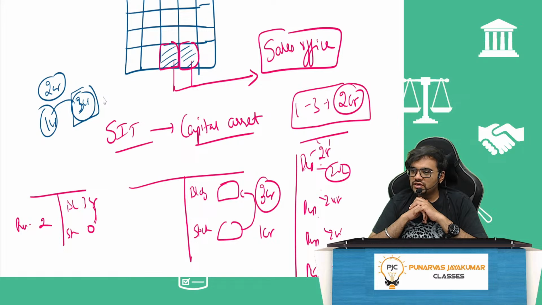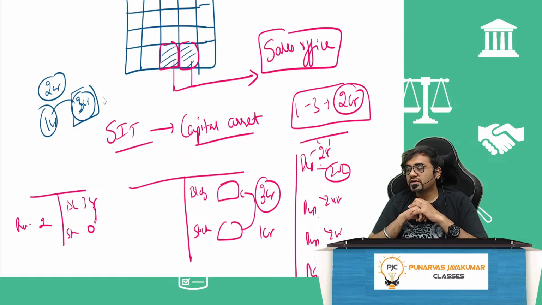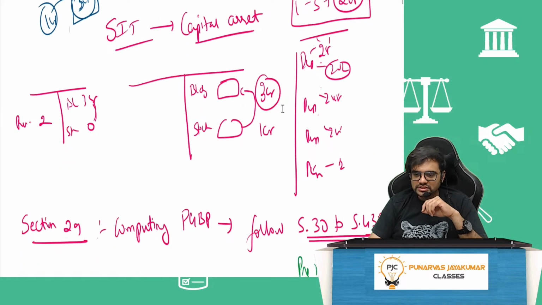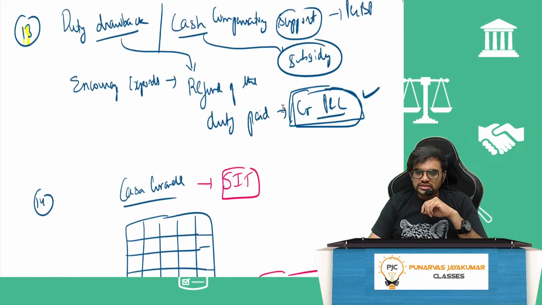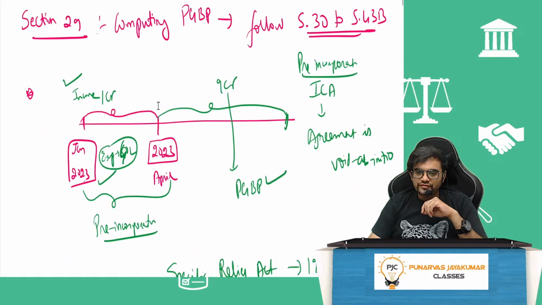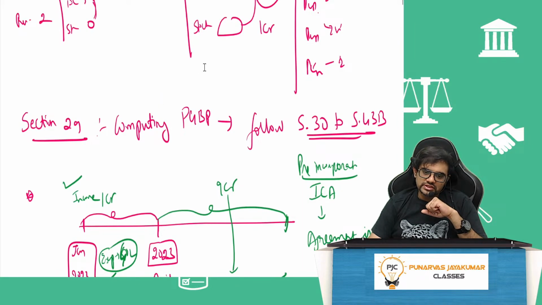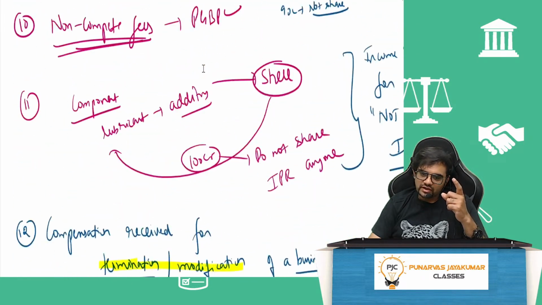Earlier it used to be only 1 crore. Now you have paid tax on 3 crore, so 2 crore you have already paid tax. So please take the full 3 crore as an asset, and on that depreciation is given every single year. That's what it is. Very, very simple. So these are all the various provisions of profit and gains of business or profession. Now in computing my PGBP, this is about section 28. Till now we did section 28.